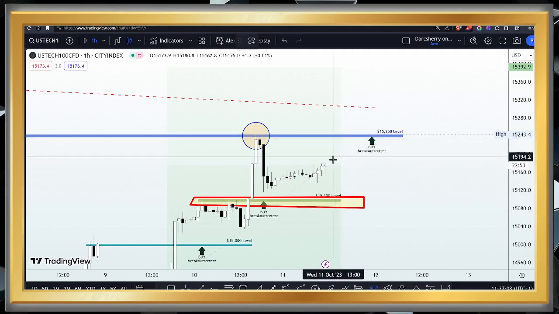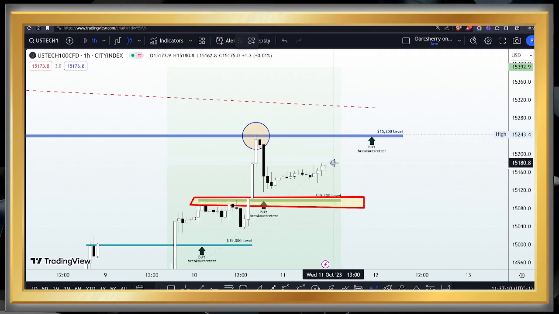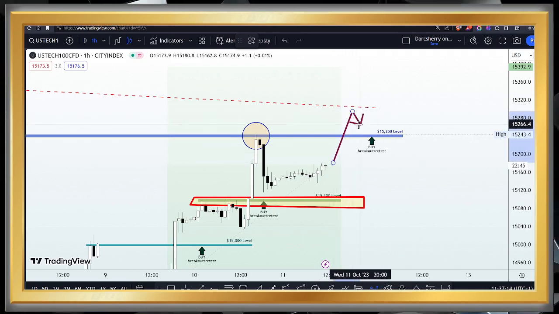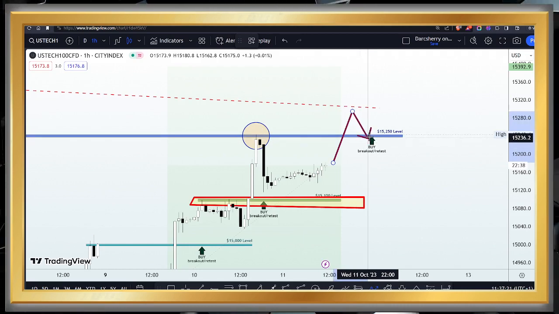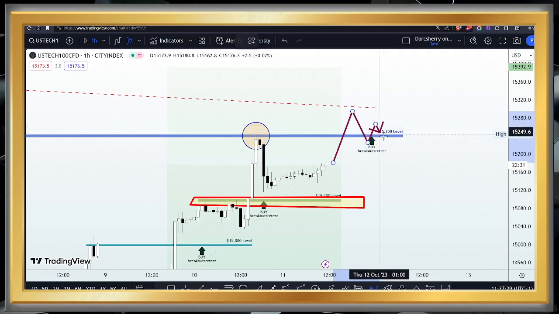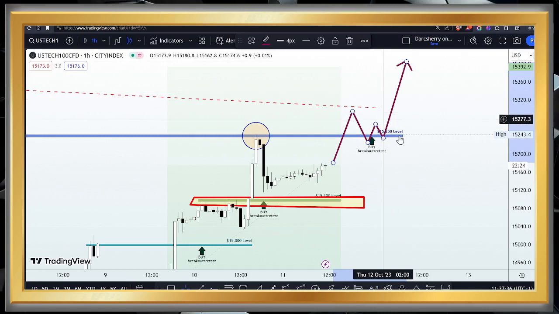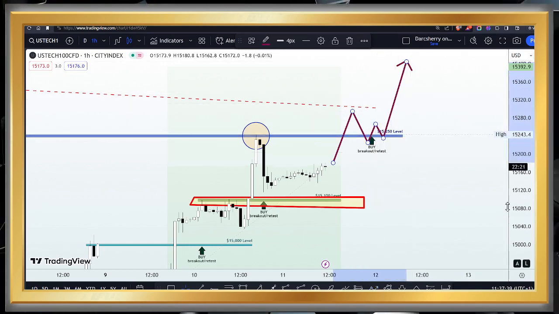However, if you are joining us for the first time, then I encourage you to wait for confirmations to happen. So if I give a visual representation of what I'm talking about, you want to see a breakout happen, then scale down to your lower time frame. So it could be the 5, the 10, or the 15 minutes time frame to look out for signs that sellers are finding it difficult to drop and stay below the 15,250. And this, of course, will reflect on the chart as continued buy pressure around that zone to incite an uptrend continuation. So this is how we are going to be getting ready for another wave of bullish momentum here.